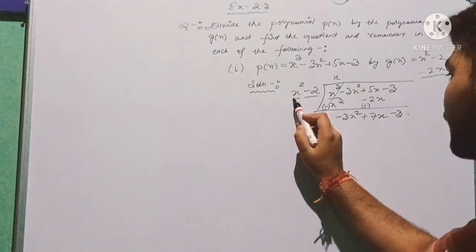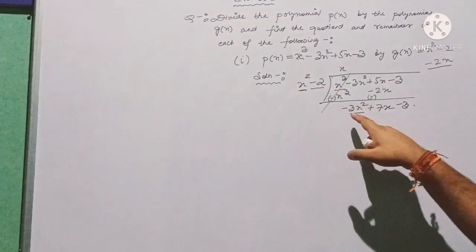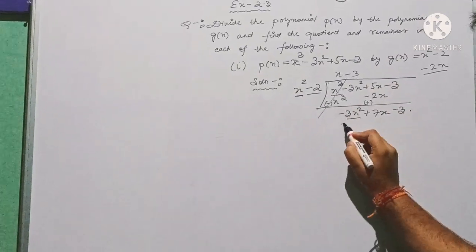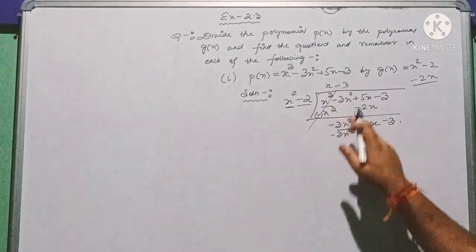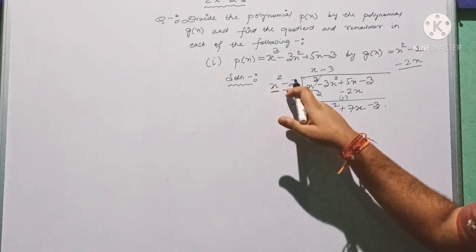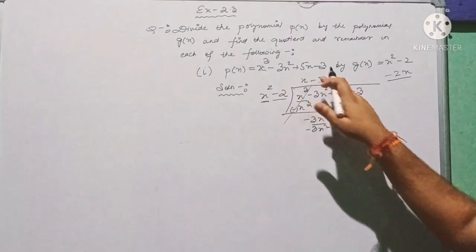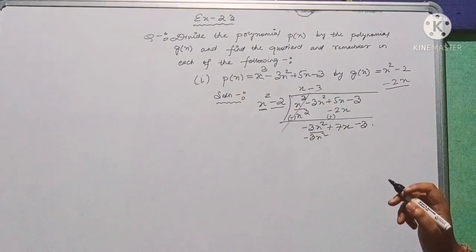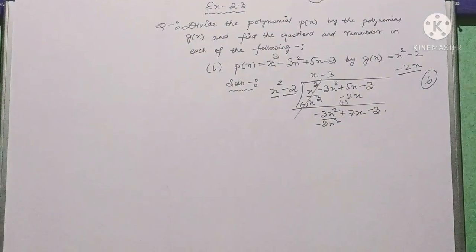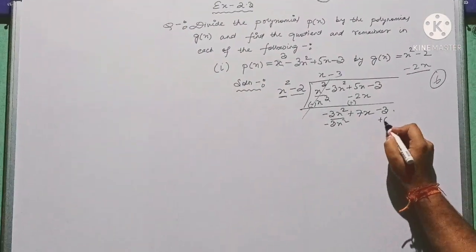Now again, you see this x square and this minus 3x square. See what is the difference? x square is the same, but here there is a minus 3 which is not here. So you have to put a minus 3 here. Then it will become minus 3x square. x square into minus 3 is minus 3x square. Now similarly, whatever you multiply with this, you have to multiply with this minus 2 also. Minus 2 into minus 3 is plus 6. So you put this plus 6. You see plus 6 is a constant term, so you cannot put it below 7x. You have to put it below the constant term. The constant term here is minus 3 and you have to put here plus 6.